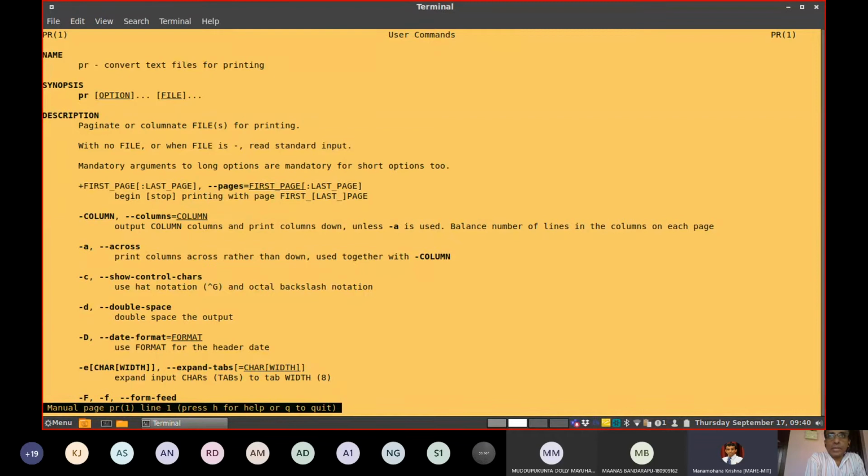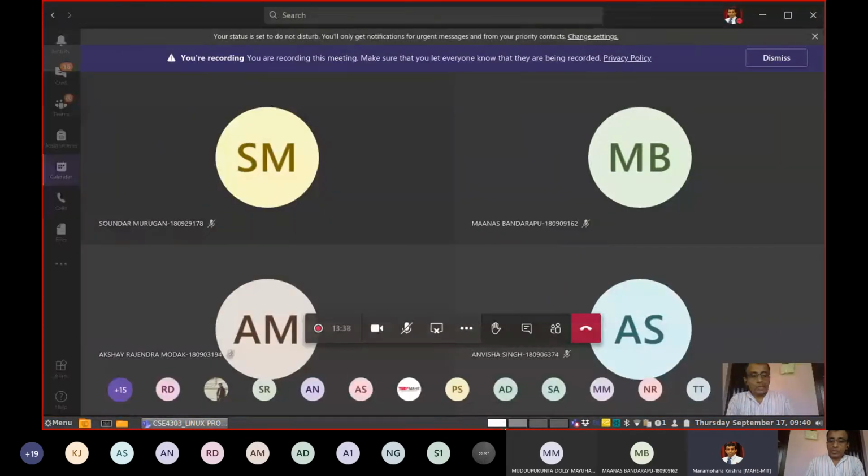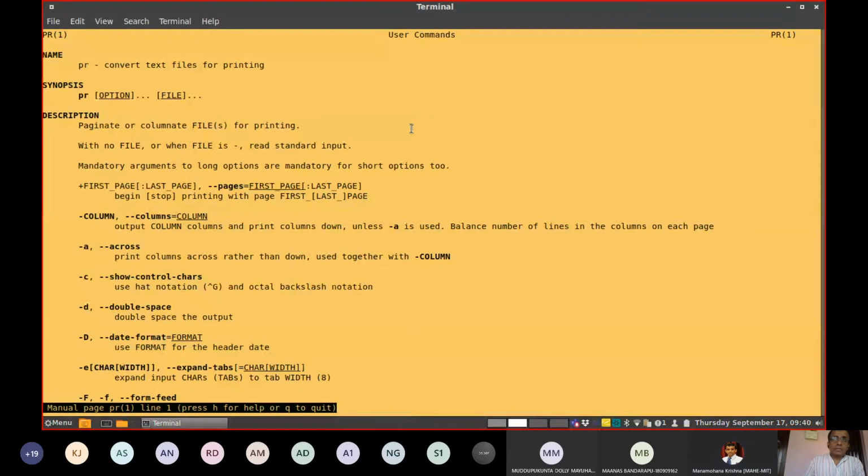What I can do here in the class is just explain and introduce a command to you. After that, it is left to you to experiment and explore various options of that particular command. So here it says paginate or columnate files for printing; with no file, or when file is -, read standard input.